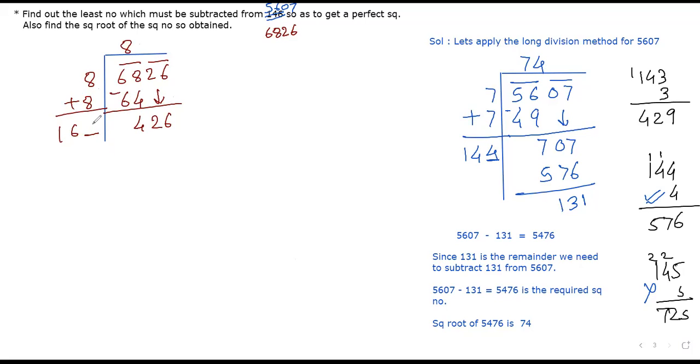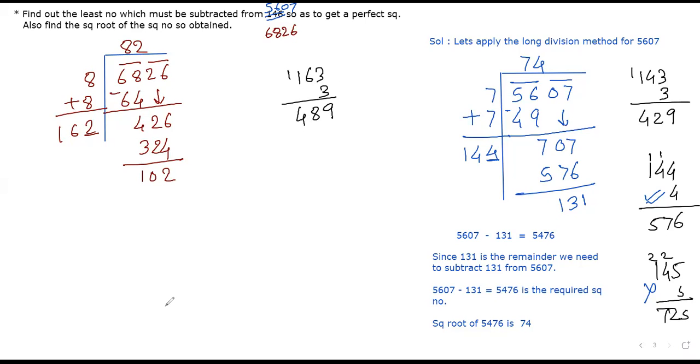What should I do? 161 1s, 162 2s, or 163 3s? Let me check for 163 3s. 3 3s are 9, 3 6s are 18, 489. Not allowed. Yes or no? Sir, 162 2s. 324. What is the remainder? Note it. 324, that's what I have taken. So the remainder is 102.